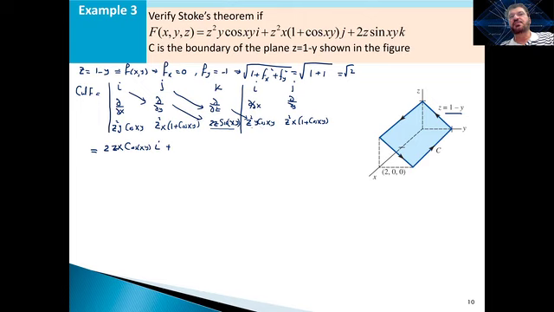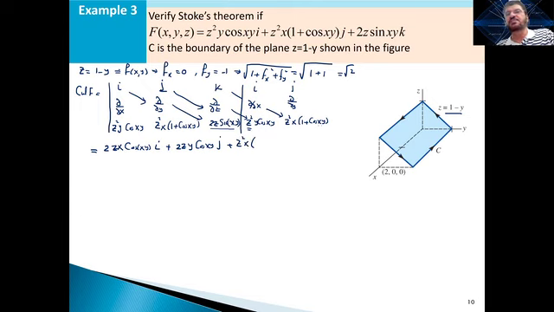What's the derivative of this with respect to z? The derivative of z squared is 2z, so this is 2zy cosine xy, and this is now what? j. Plus, let's go this way. What's the derivative of this with respect to x? Wow, it's the first